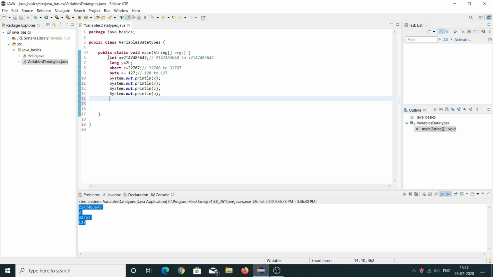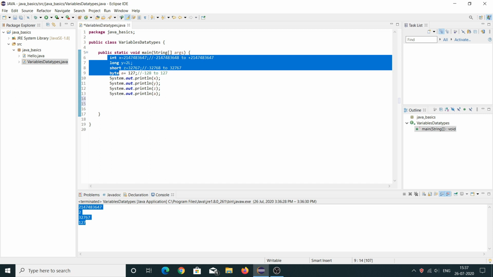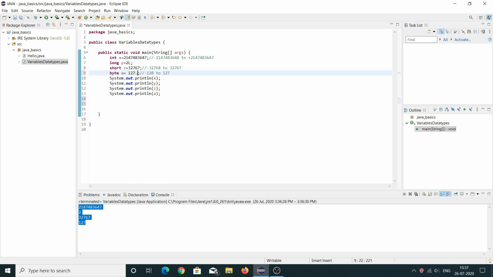Now what is the problem with all this? They only store integer type values, but if you want to store decimal values like this 0.9, it will give me an error that cannot convert from double to byte.